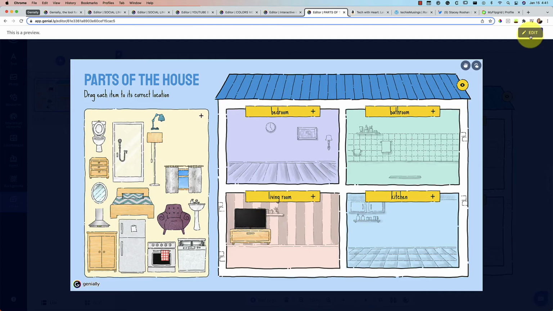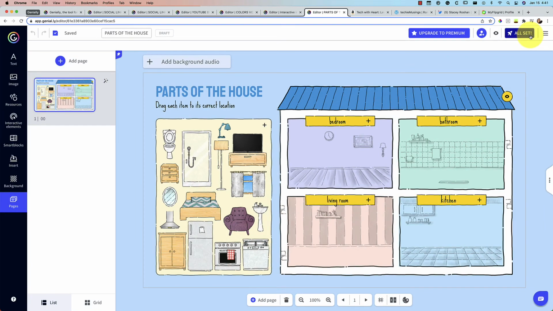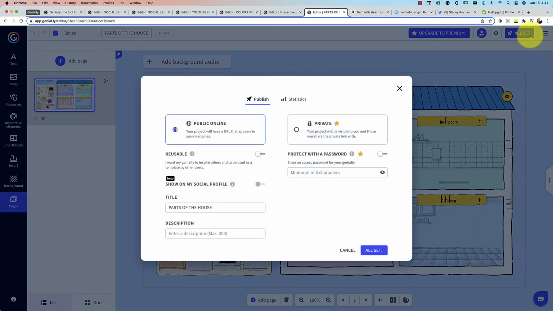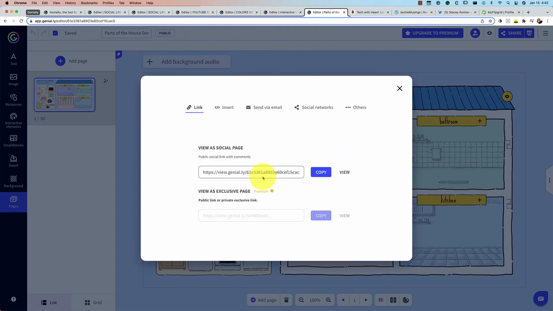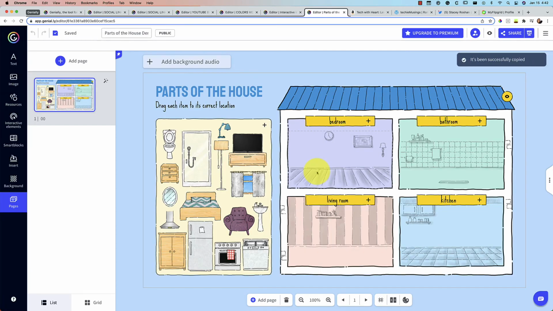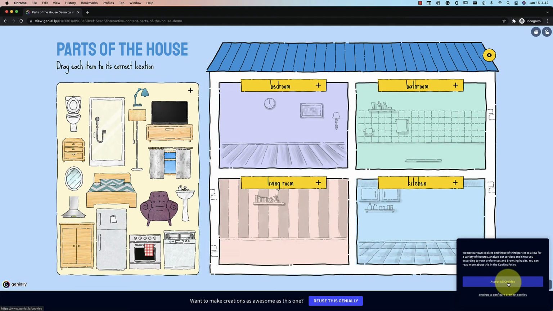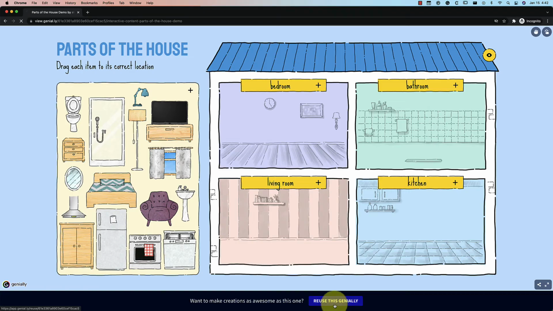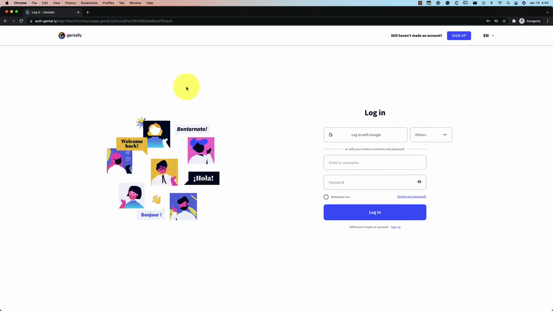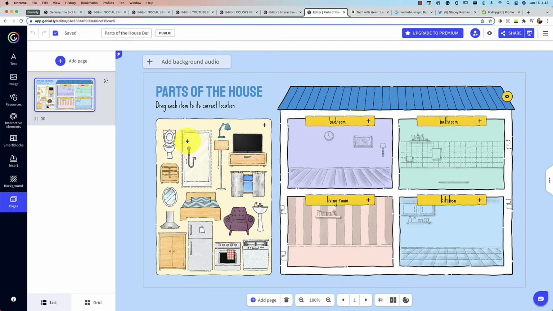But what you could also do is send this to them, and each student creates their own copy. So to do that, you would press all set, make sure it's reusable. Go ahead, press all set. Go ahead and press the share button, press copy. And then if I open it incognito, to see what the students would see, then they would be able to reuse this Genially, log in with their account, and they could create their own. And what they could do there is they could actually just interact directly. So instead of in just the view only mode, they could interact directly.